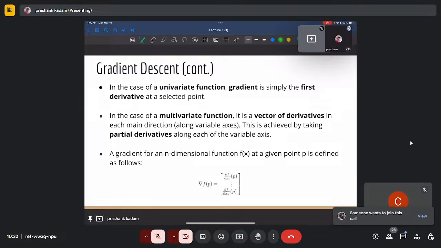If your function is a univariate function, that means you just have one variable, you can simply do a gradient descent over that variable. For example,